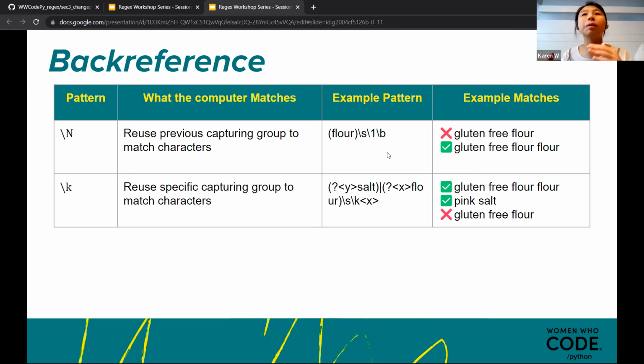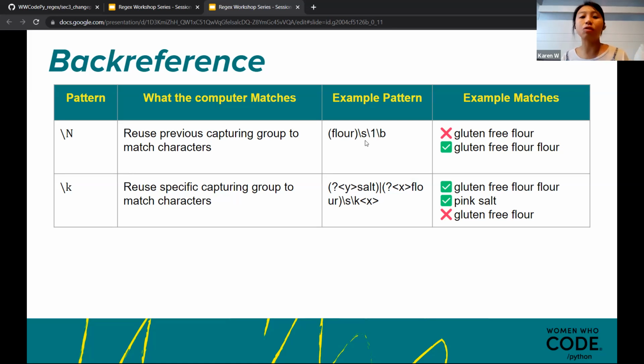It's similar to an index in programming, like first one and second one. With this you can capture flour flour, double words. This is the most straightforward example. When I was doing examples, I was thinking, if you have a lyric and you want to catch a repeated word within the same line, this is definitely a good way.